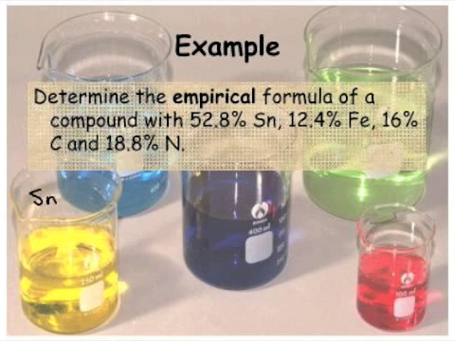We've got a bunch of percentages of elements in a compound. We're going to just arbitrarily change those percentages into masses. We're just going to call them grams. So tin's molar mass is